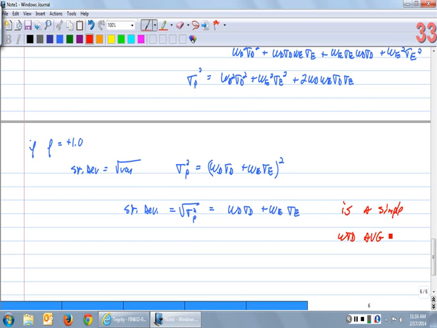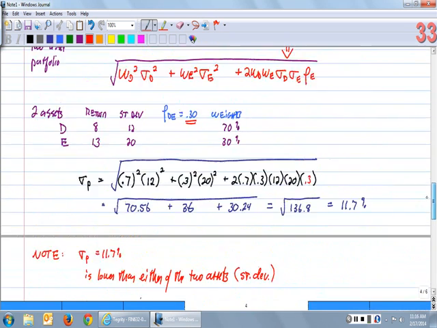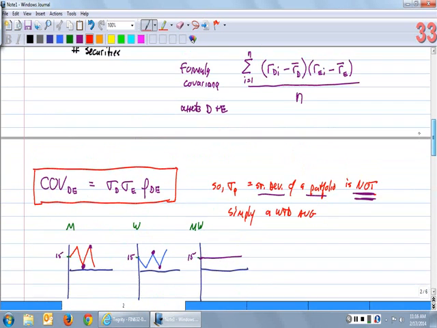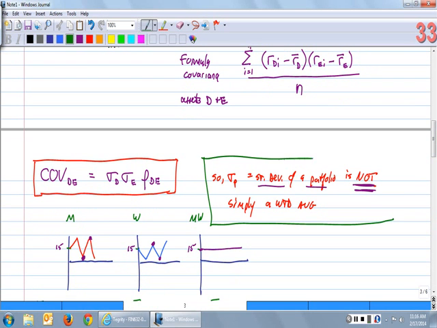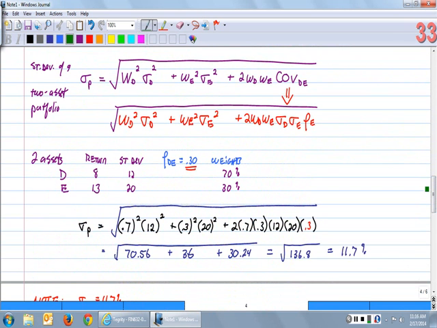Now, a moment ago I asked you, is the standard deviation of a portfolio... I said right here, the standard deviation of a portfolio is not simply a weighted average, because we have to take into account correlation and covariance, right? It's not. And because it's not, we've got this somewhat complicated formula that we use to solve for the standard